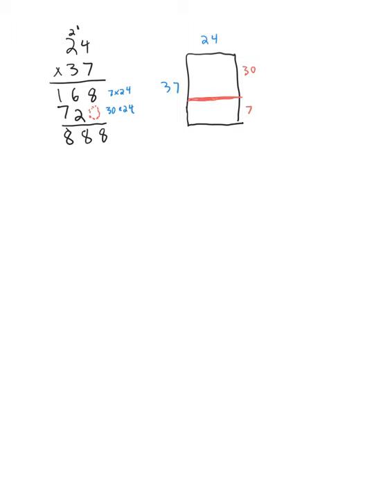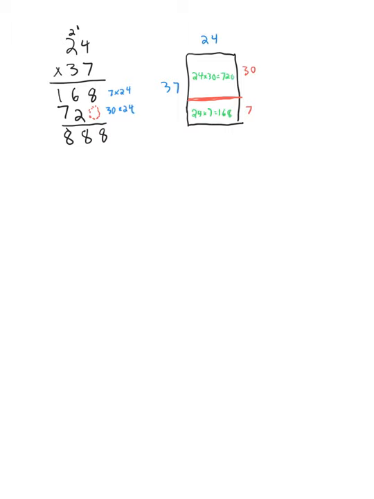But we didn't break up the other dimension. We just kept all of that together using our carries. So we didn't do all partial products, breaking this 24 up into a 20 and a 4. Really, we're just breaking it up one way. So this is 24 times 7, which is 168. And this is 24 times 30, which is